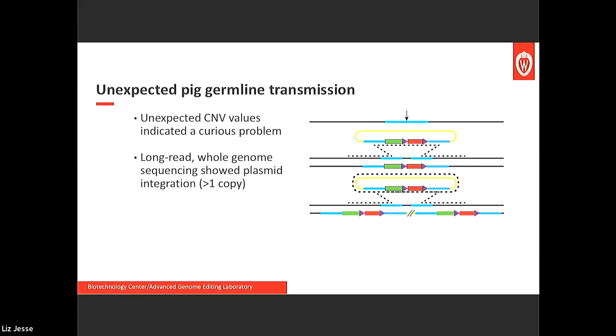So we did long read whole genome sequencing with Oxford Nanopore here at the Biotech Center. And what we found was that when we were PCRing outside the homology arm and then PCRing in reverse from within this knock-in cassette, and then doing the same thing here to here, this wasn't the case. Actually, what happened was we got single strand annealing, as you'd expect, and the extension went across the